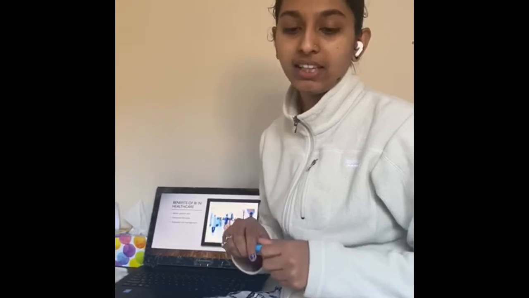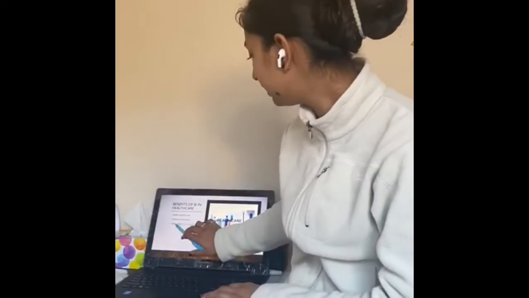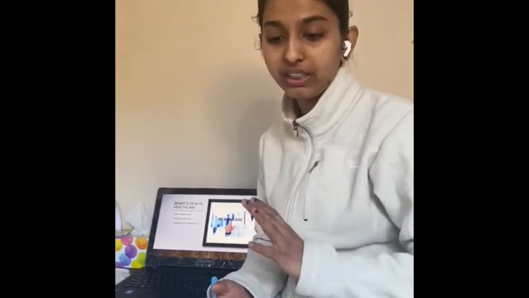Another one is enhanced decisions. Healthcare working together is more important. They want all people to communicate and take all decisions together and promote the patient's cure. The third one is improved cost management. BI helps the cost management team to maintain all the data in the healthcare system in a single source.